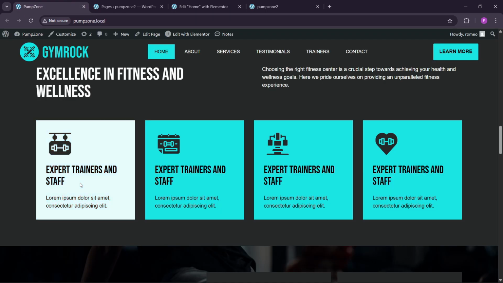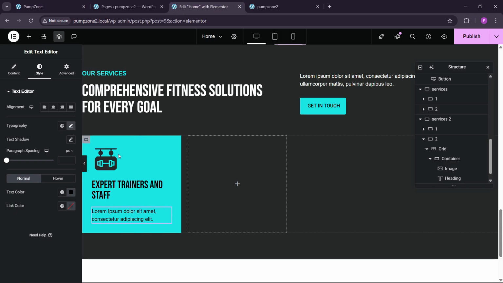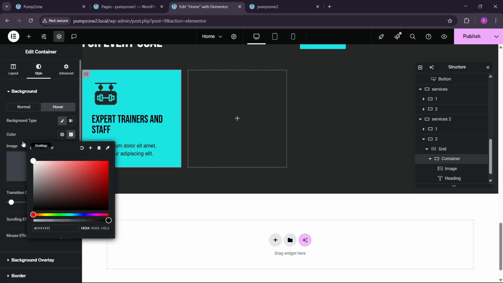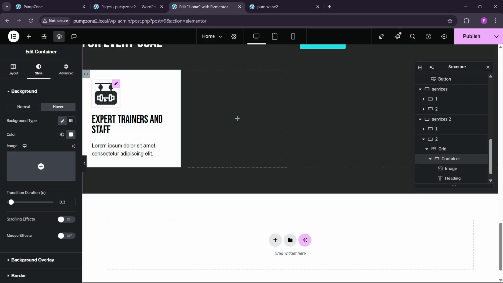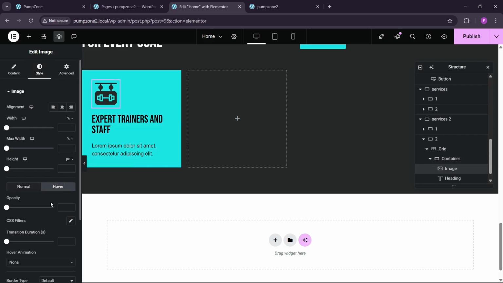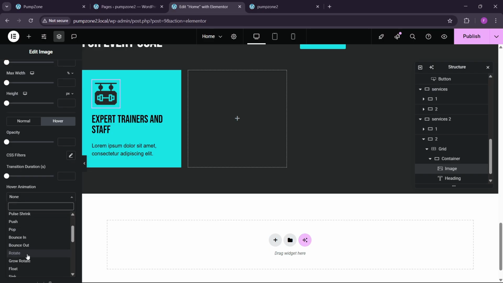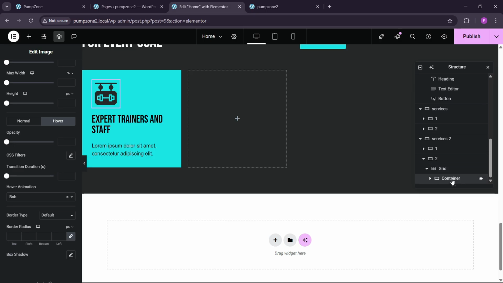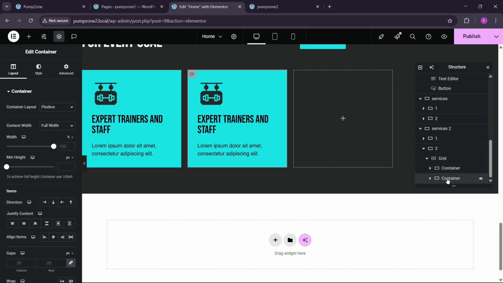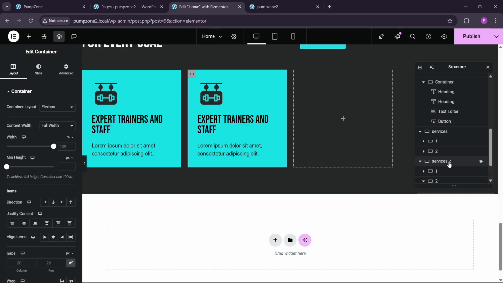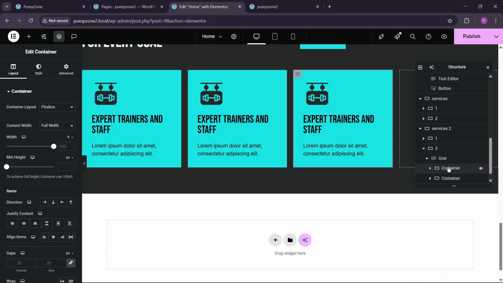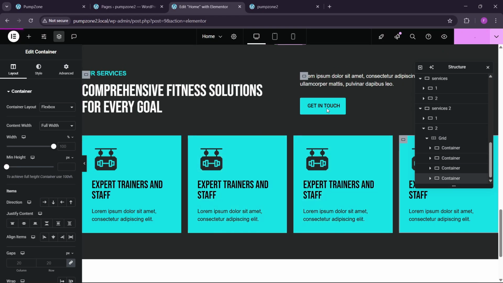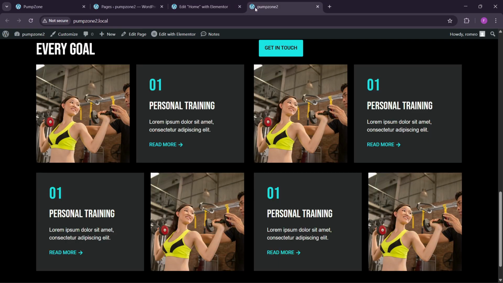So this is done. Also you can see that we have this hover effect on this image. Also we have this hover color. So for the hover color we can just go here, and here we can put this to white, and this is the image. And here we have the transition, so we can put the bob effect on this like this. Okay, now let's copy this, duplicate this grid, then we can duplicate this again. Okay, like this. So now let's publish these changes, and after that we can just go to our front end